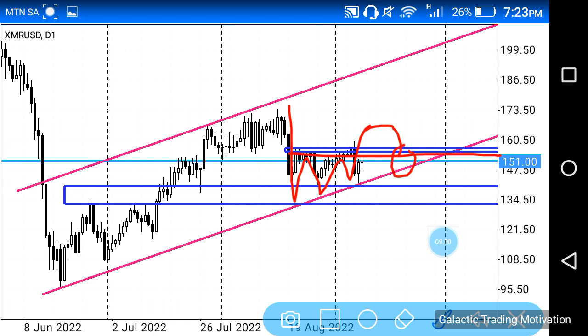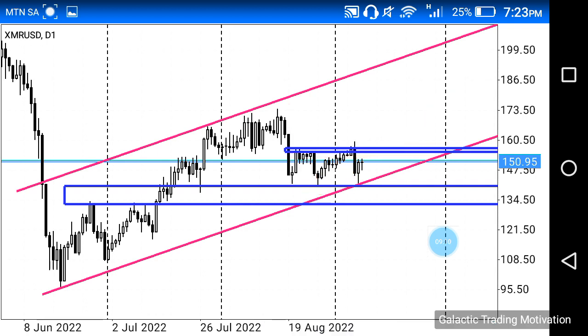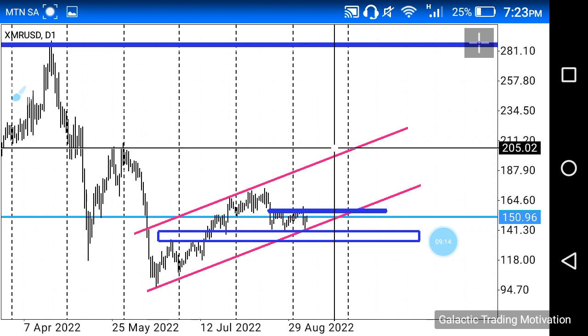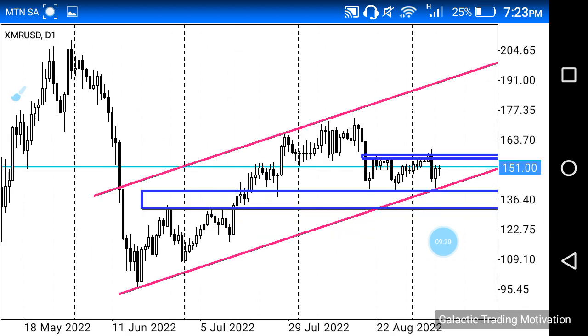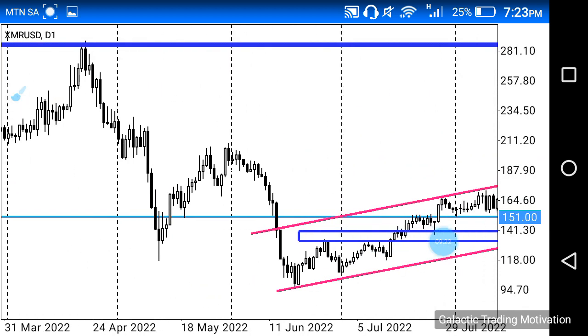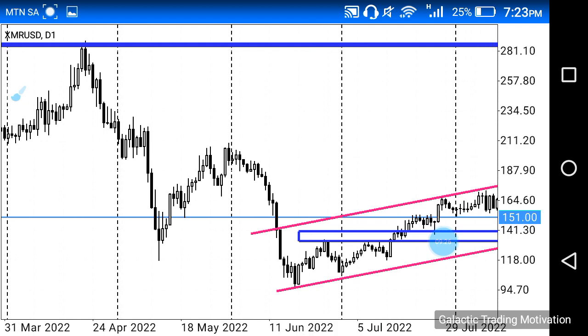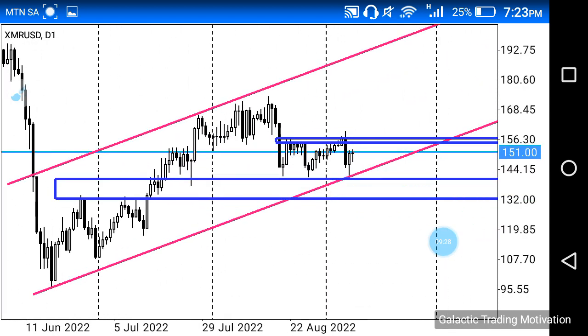Once it does so, I will look for possible buying opportunities, as my anticipation is for price to continue moving further up, at least to this level over here, which is a very strong level of resistance, as you guys can see, multiple rejections at this level, right? Yeah, so that is it in regards to the